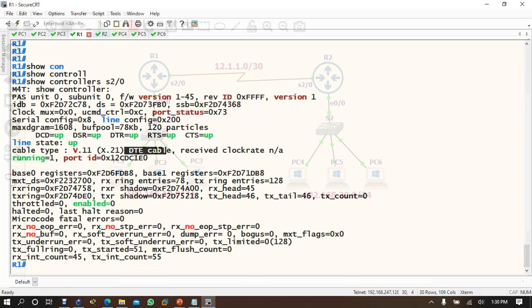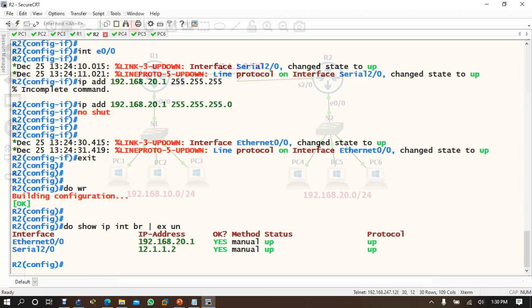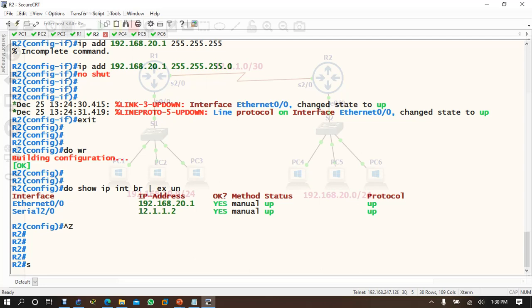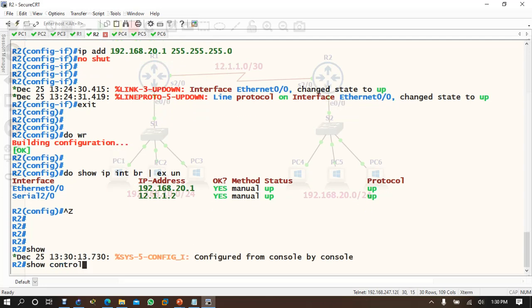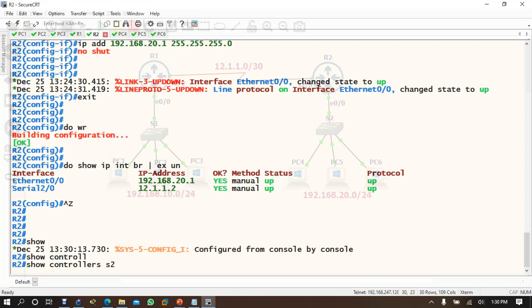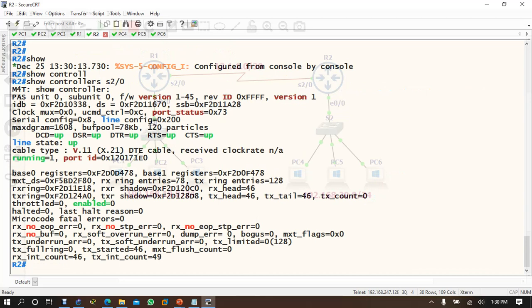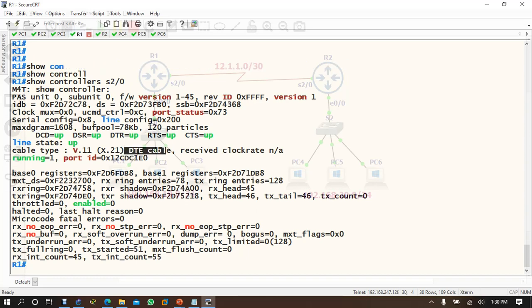Now come here to router 2, controller serial 2/0. Both are showing as DTE and DCE, because this is emulation, right? Simulation. Yes. But in the old routers, what they used to configure, if this router interface is DCE,